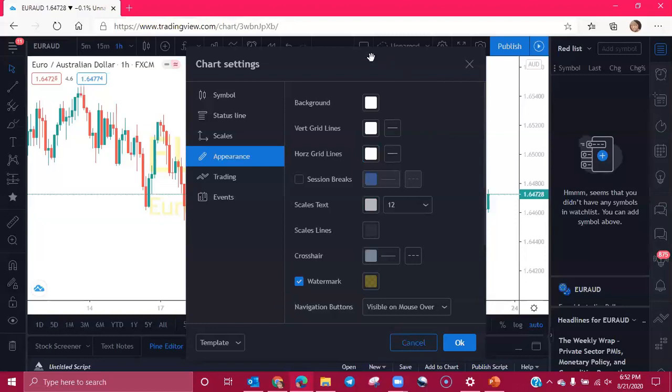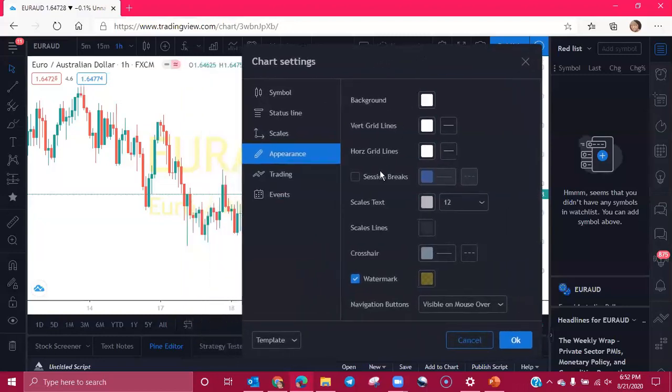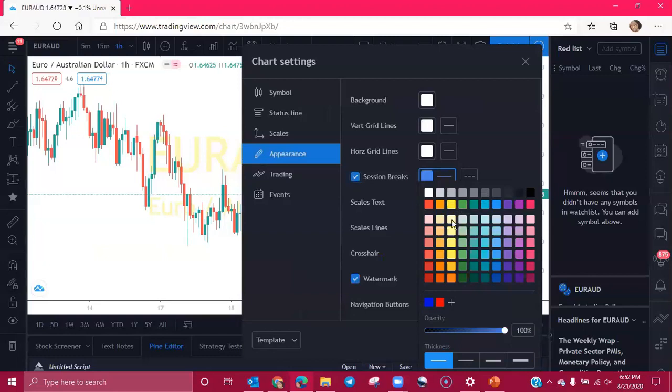Okay? Now, the next thing we're going to look at is what's called session breaks right here. Right now it's not checked. That means that the session breaks are off. If you want the session breaks on, you will check that box, and then you can change the color.